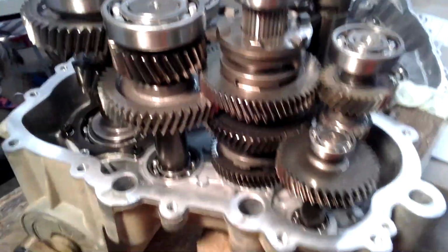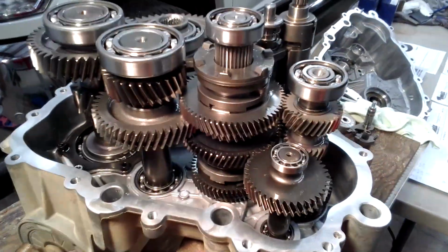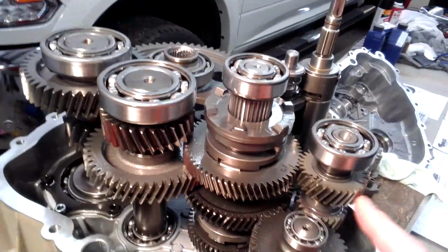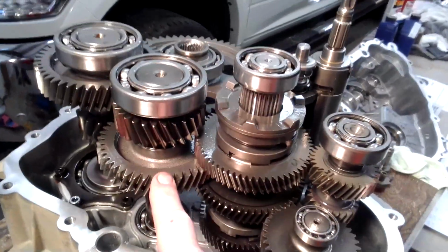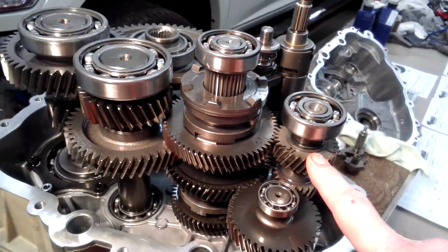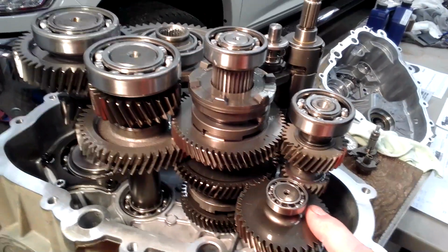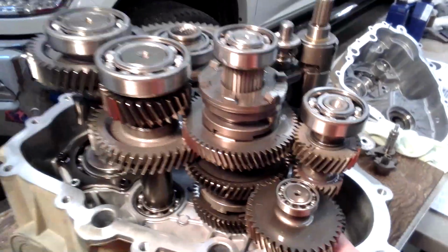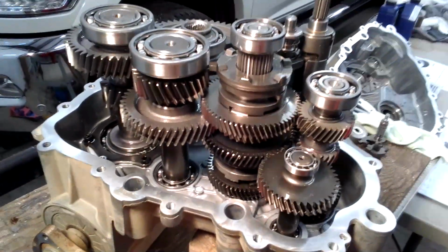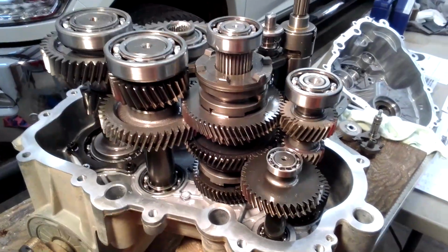Now, here's the problem I got with that. I don't like the idea of the 27%, because once you change this, this is on your transfer shaft. So that means anything that's inputted into it gets a 26 or 27% reduction. So low is reduced by 27%, reverse is 27, and high is 27. So that's going to kill your top side. You ain't going to have any kind of top side. And, you know, us with turbos, we kind of like to have a little more fun with it on top side. So anyway,